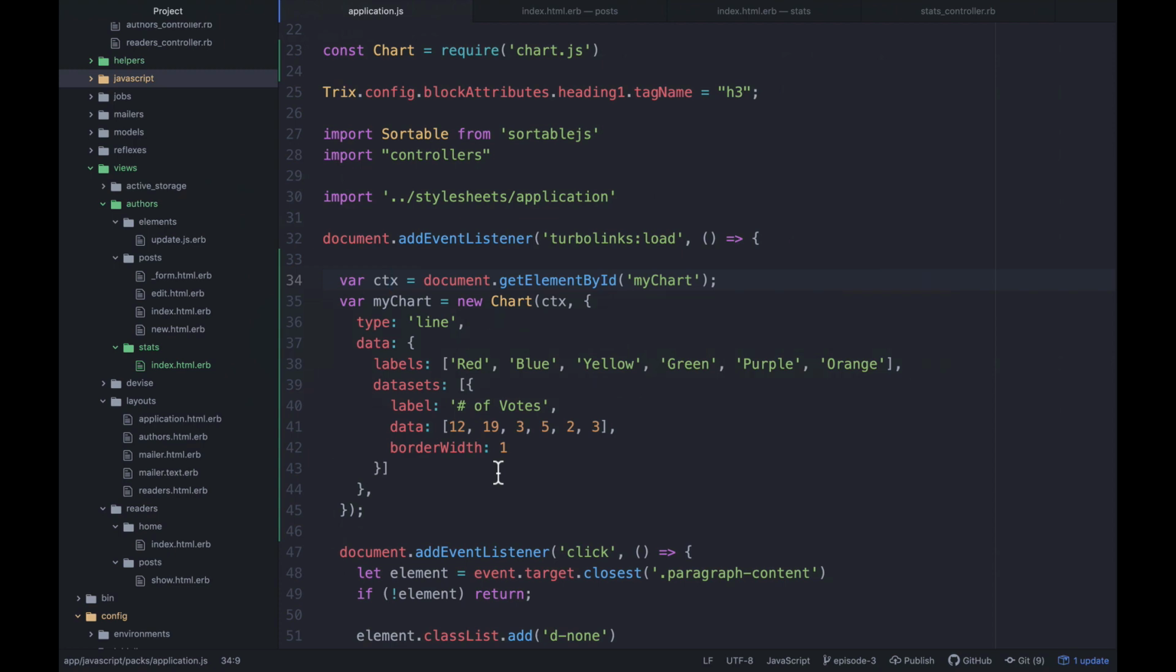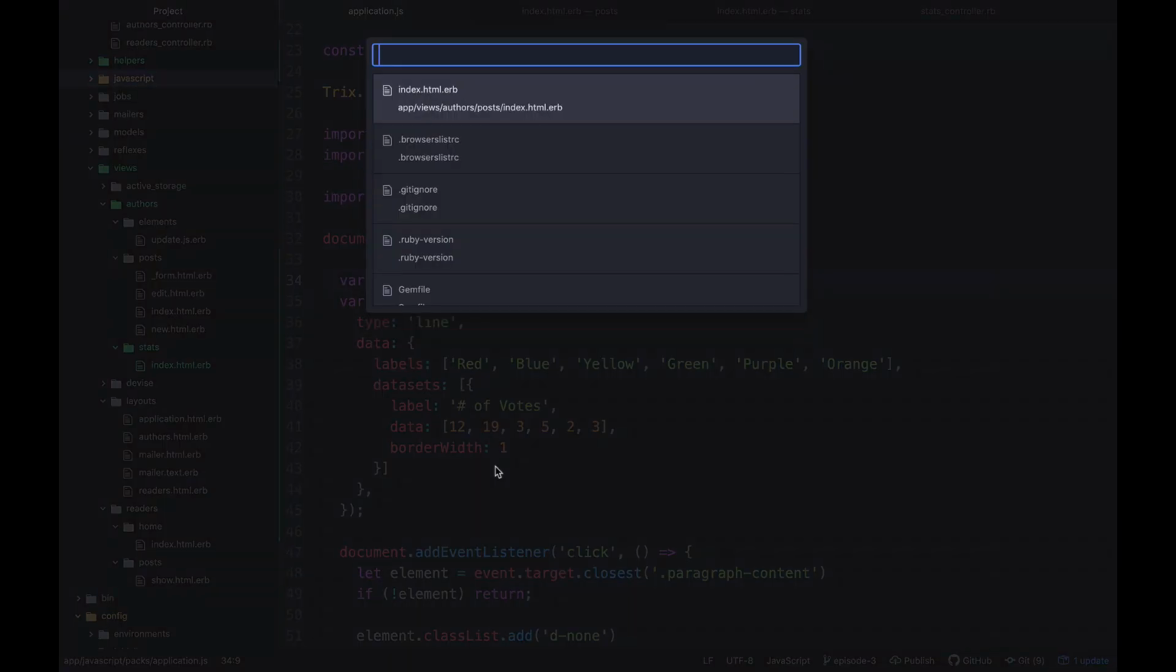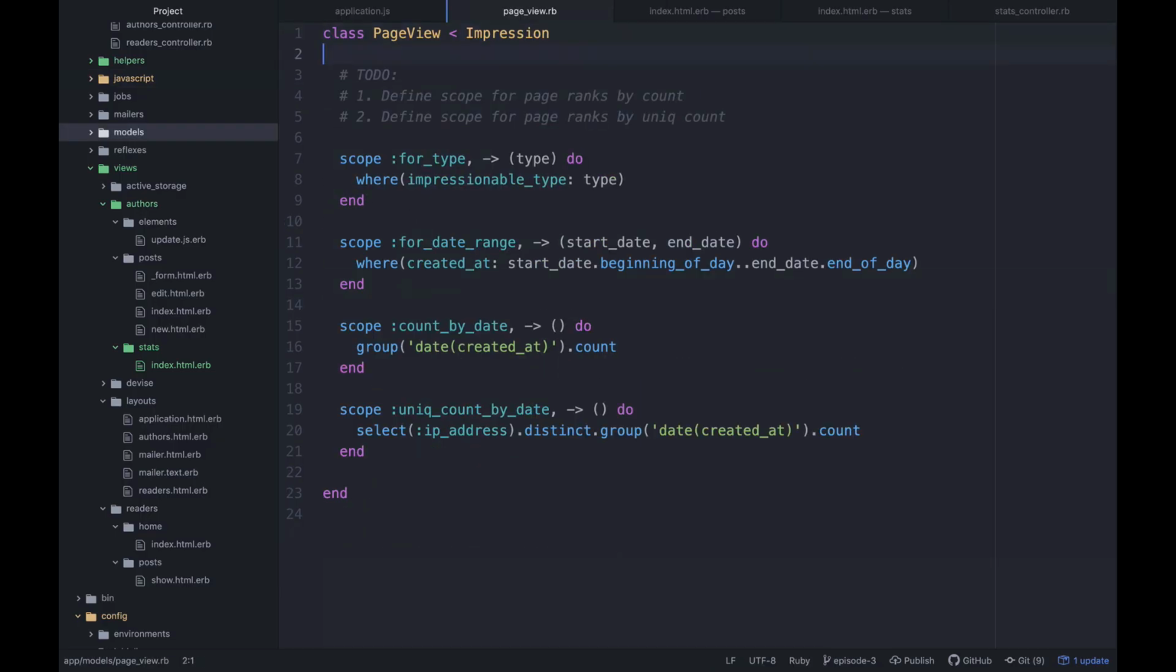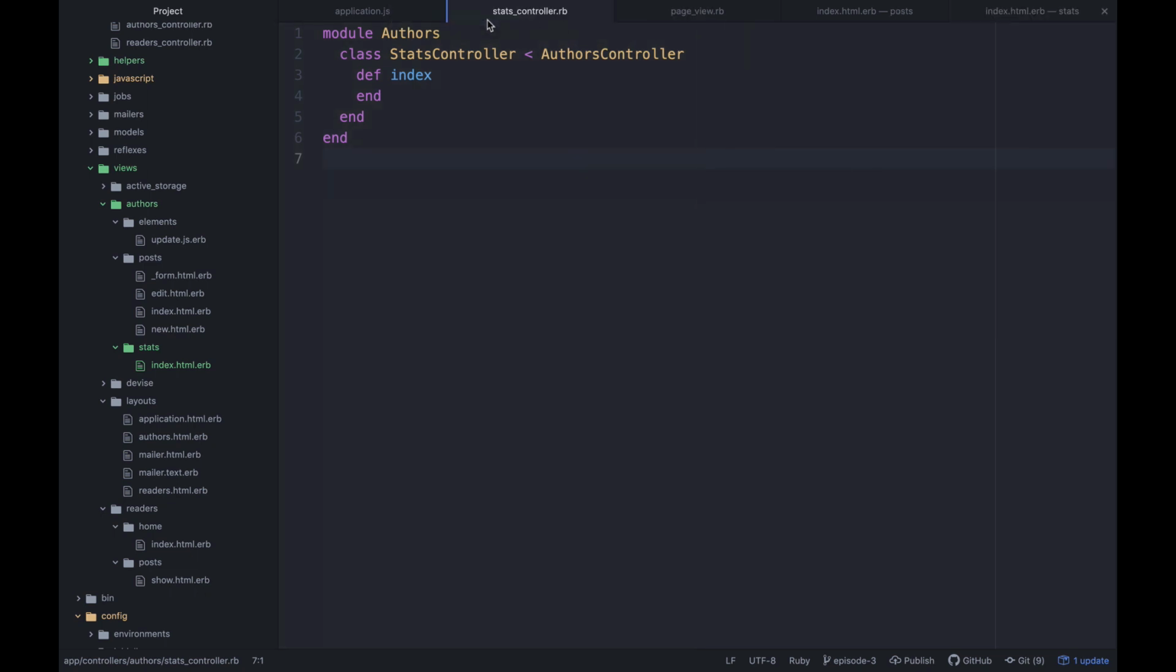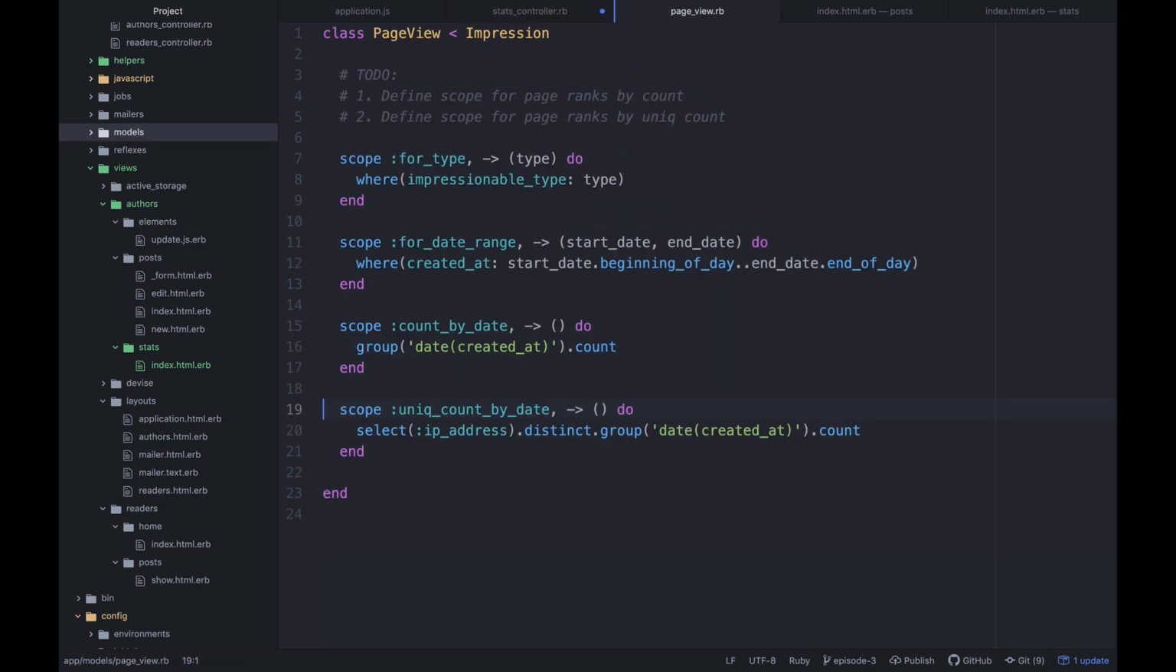What I'm going to start by doing is going back to my, what was it called, page view class. So we have this for date range, right? And then we have a count by date, and we have a unique count by date. That's actually what we want. And I'm going to grab my stats controller and move that here. So what I want to do is say @count_by_date equals PageView.count_by_date, and let's pass in,